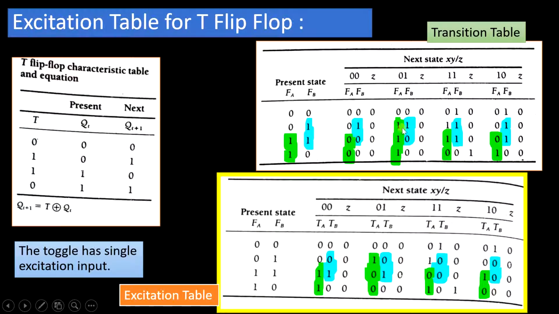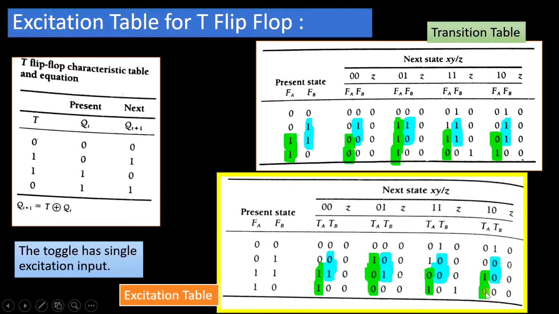Similarly, let me consider this example. Here if you see, input is 0, next state is 1. Since input is 0, next state will remain equal to 1 itself. But when input is 1 and here it is 1, next state here will change to 0. Next, in this case, I am going to only focus on toggle equal to 1, logic 1. Here it was 1, 0, so that is why here it will change to 0, 1. Here it was 0, 1, it will change to 1, 0 here. The rest of the parameters will remain as it is.